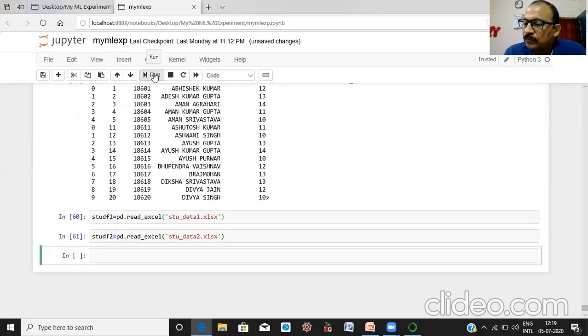Now we want to append the two data frames along columns.